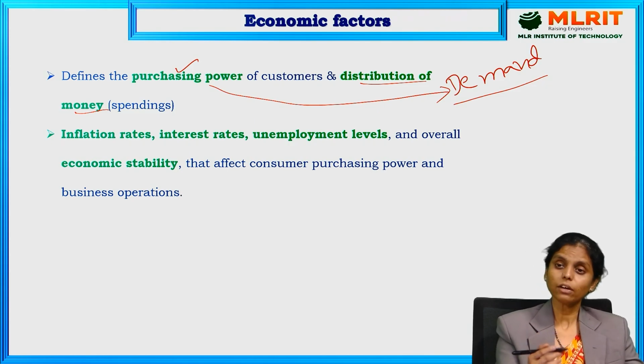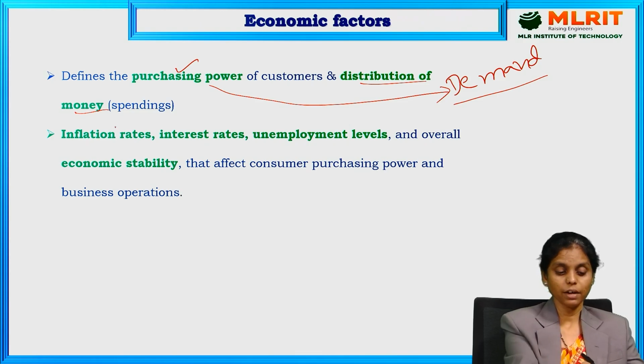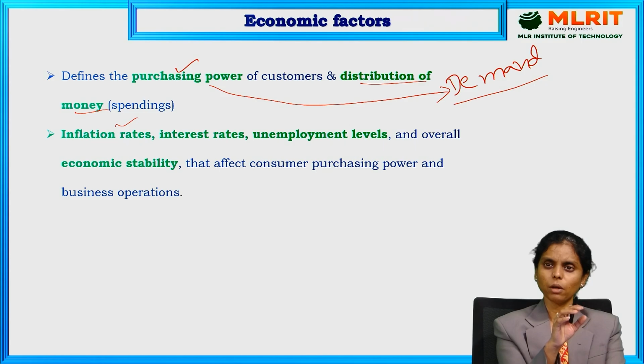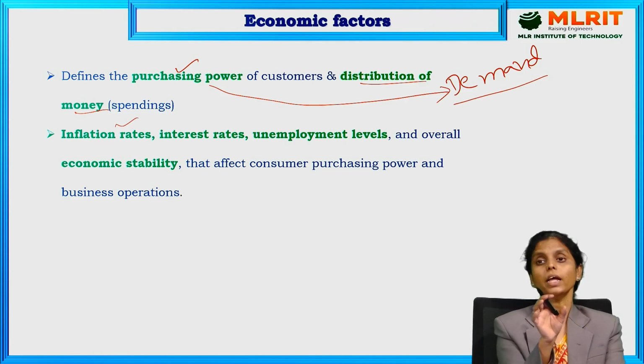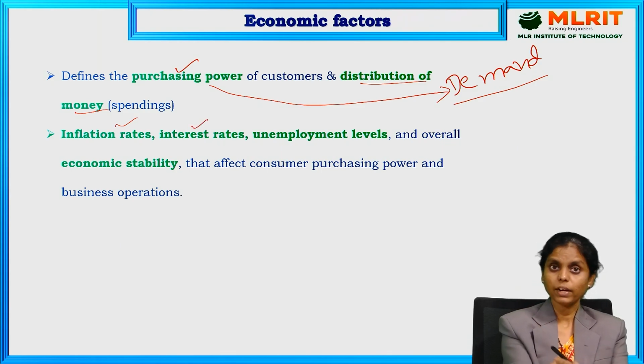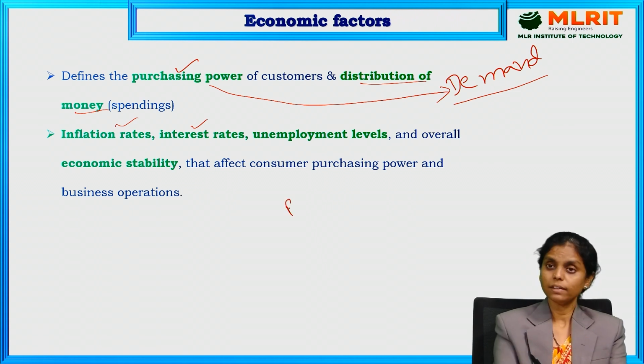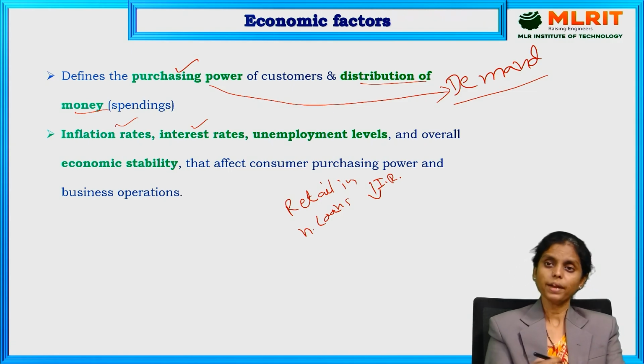Now, what are the economic factors that we have? Like inflation rate. If the rate of inflation is very high, then ultimately what happens? The customers never go for luxury products. We need to develop products that are economical and friendly to those customers. Next one, rate of interest. For example, let us consider the retail industry that we have. Now in the case of the retail industry, when house loans are offered at a lower interest rate, that is, the interest rate of house loans has decreased, then ultimately what happens?